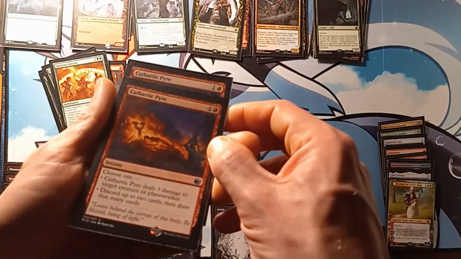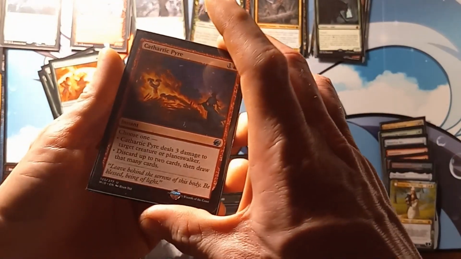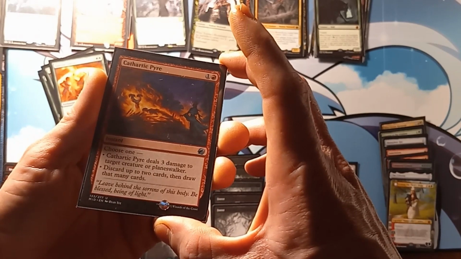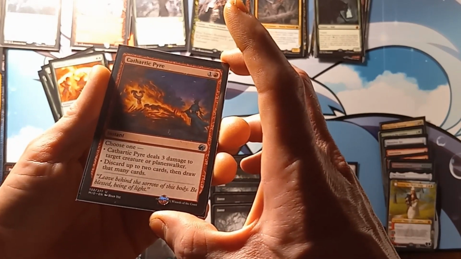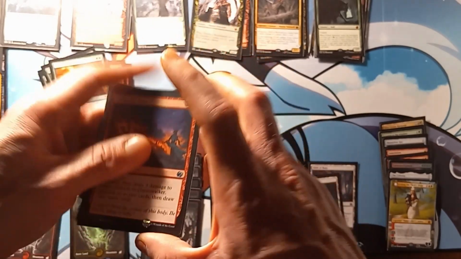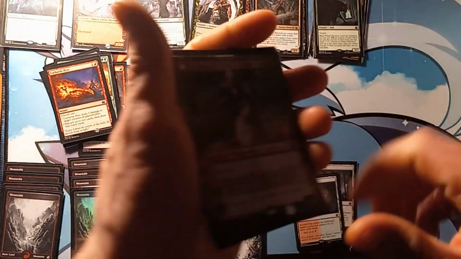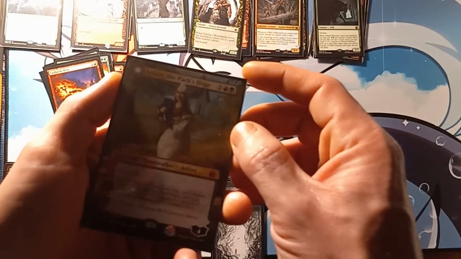Next up, we have 2 copies of Calix Pyre. Choose 1. Calix Pyre deals 3 damage to target creature or planeswalker. Or discard up to 2 cards, then draw that many cards. Onto our singletons here. We have